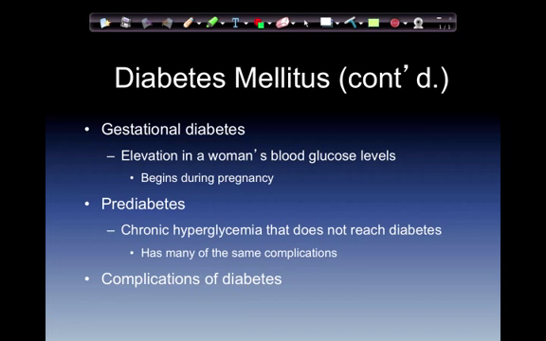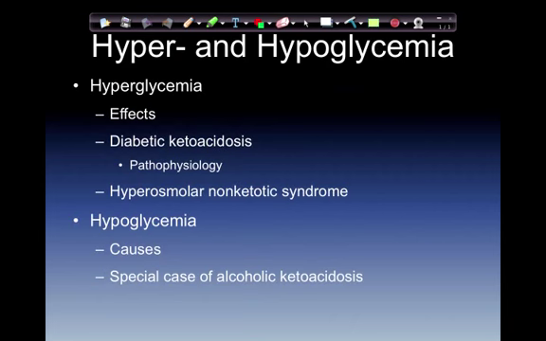Complications of diabetes: abnormal metabolism secondary to diabetes can have a number of negative systemic impacts, including disease in the cardiovascular, neurological, and renal systems. Hyper and hypoglycemia, the effects. Whenever we are hyperglycemic, we get the polys: polydipsia, polyuria, and polyphagia. Polydipsia is increased thirst. Polyuria is increased urine production. And polyphagia is I'm hungry all the time, constantly hungry.